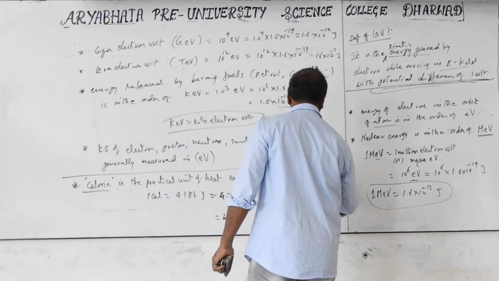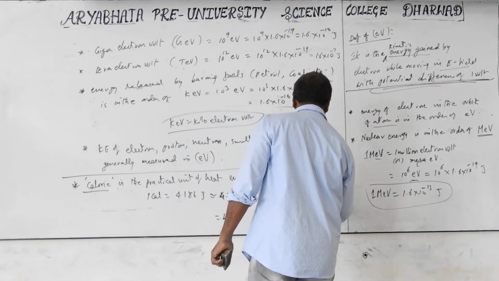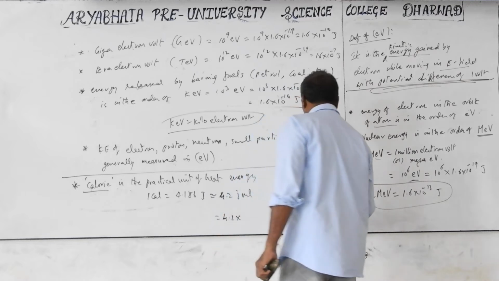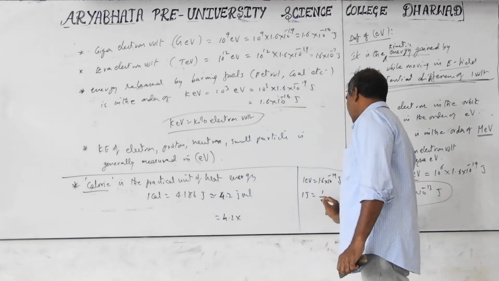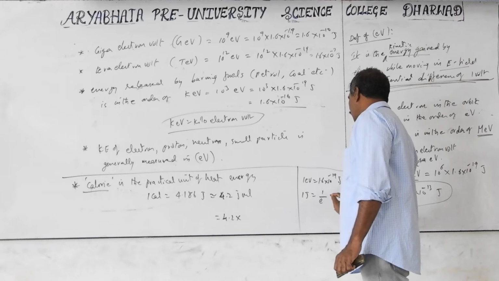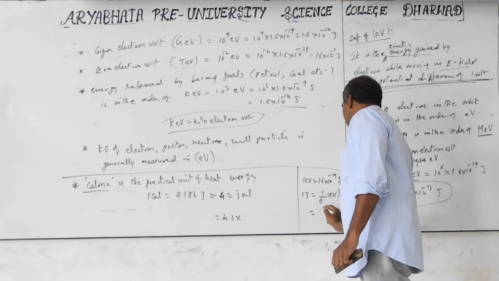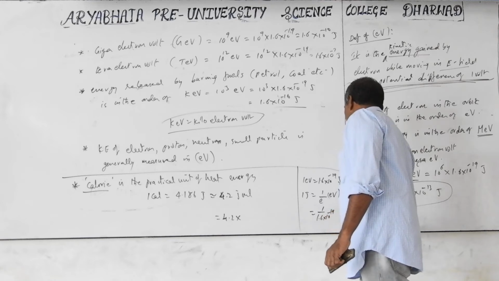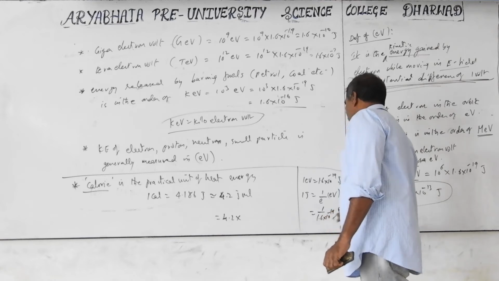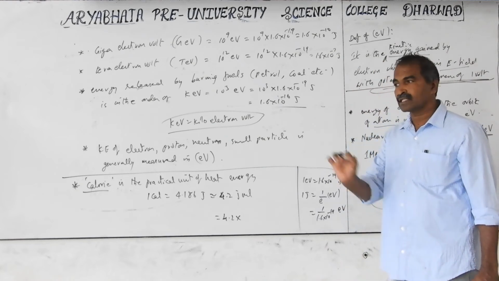1 electron volt is equal to 1.6 times 10 to the power of minus 19 joule. So 1 joule becomes equal to 1 by 1.6 times 10 to the power of minus 19 in terms of electron volts. So e cancels e. It is nothing but 1 by 1.6 into 10 to the power of minus 19 in terms of electron volts. But 1 by e is how much? 1 by e, electron charge divided in the denominator,